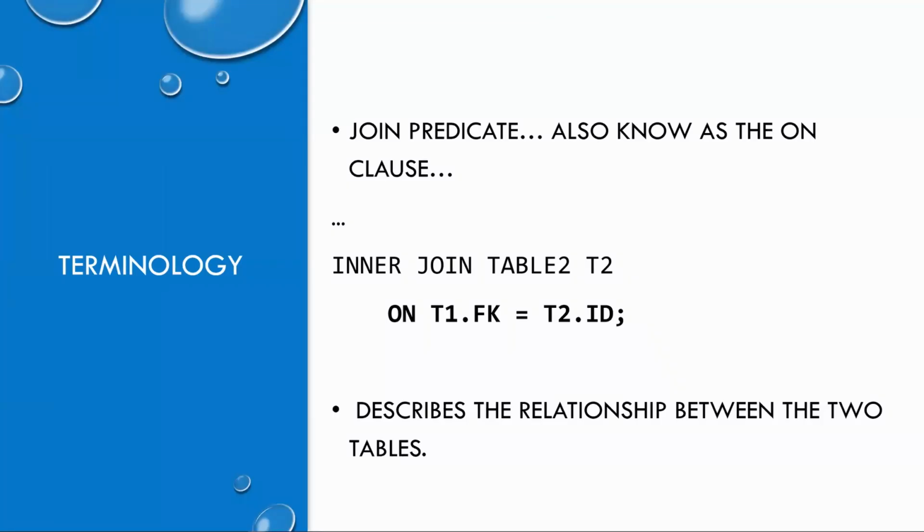But the join predicate, like I said, that's what's known typically as the on clause. It's what specifies the relationship between those two tables. And why is this important? In a lot of tables that you may work with, you've got lots of different IDs. And if you don't understand what ID signifies the relationship between table 1 and table 2, well, you may not be connecting them on the right information.